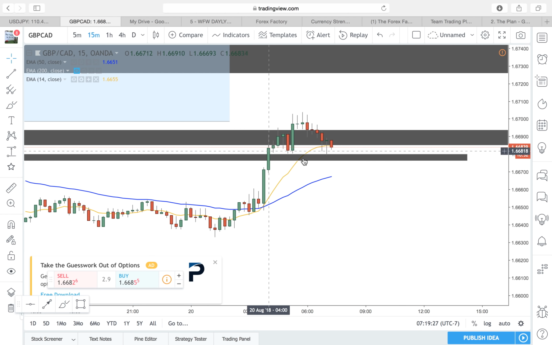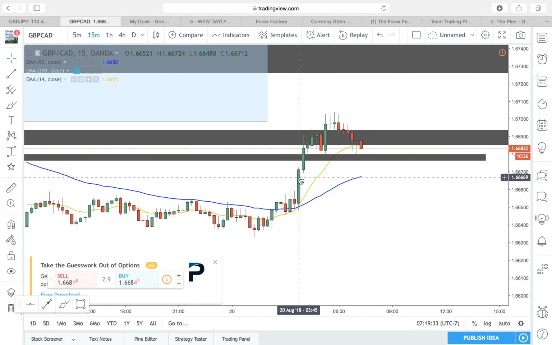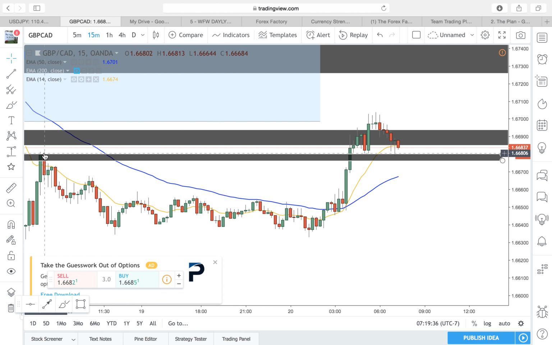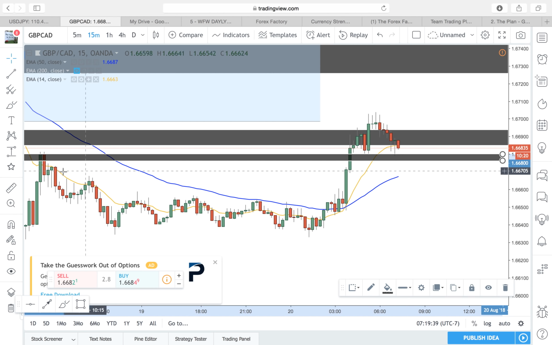I would argue to say that this is actually a great entry because this is the point where price broke. All these areas that price broke here. You see how price broke here looking left? So what did price do? It came back to where it broke and then it launched. And what is it doing again? It's probably coming right back to where we broke. And it could come down further, maybe even down to here, into this range. But it is going to go up.